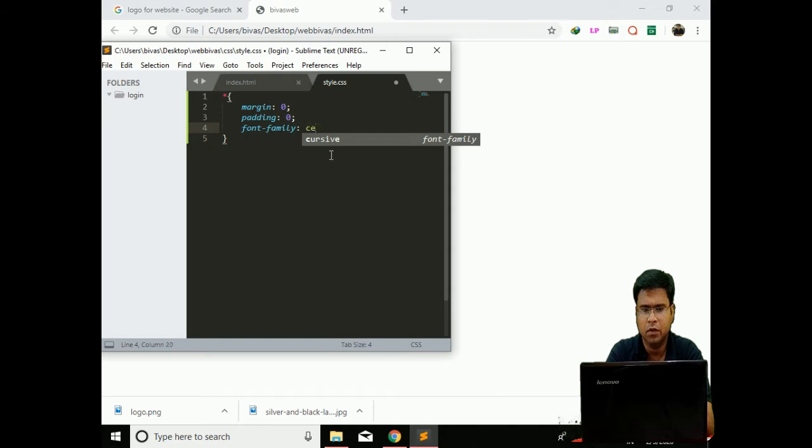But before using one, be sure of what fonts are installed inside your computer. Actually, this is the common styling effect for each and every part of our HTML page. That's why I have put the star.